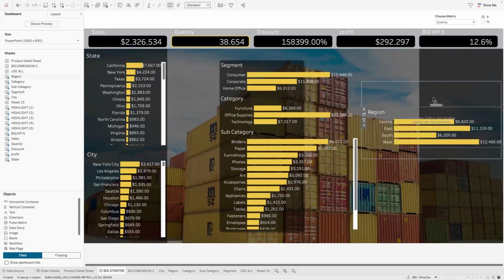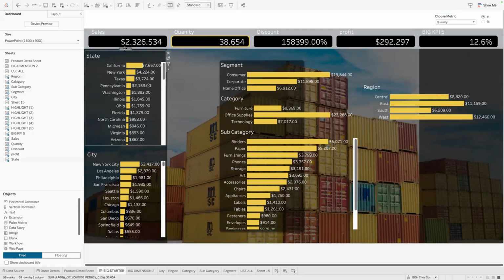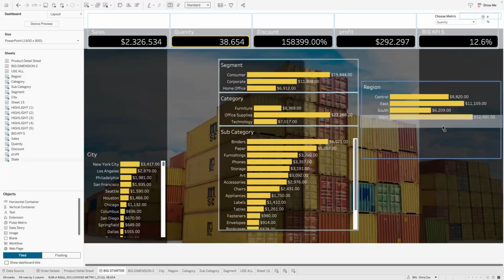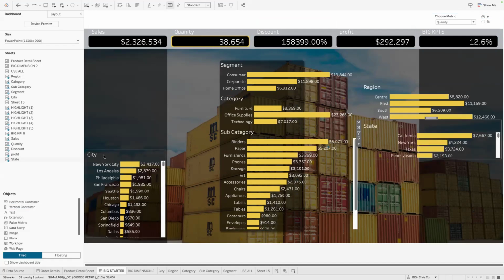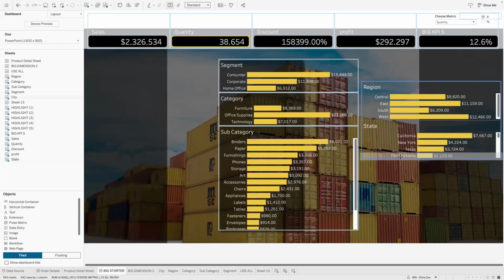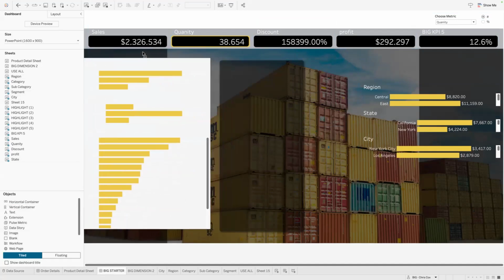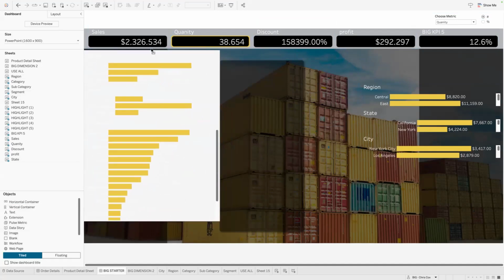State, because that kind of ties to it since it's based on the same stuff. All right. So our segment is probably a main area, so I'll just throw that over here.